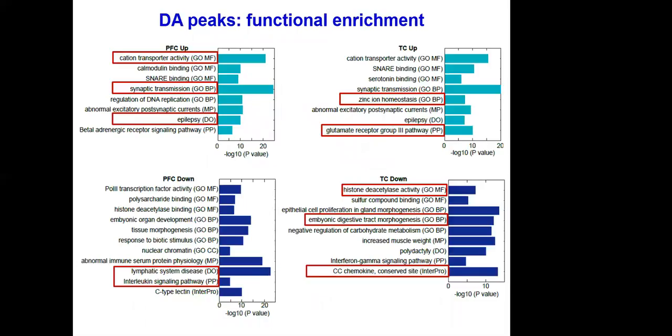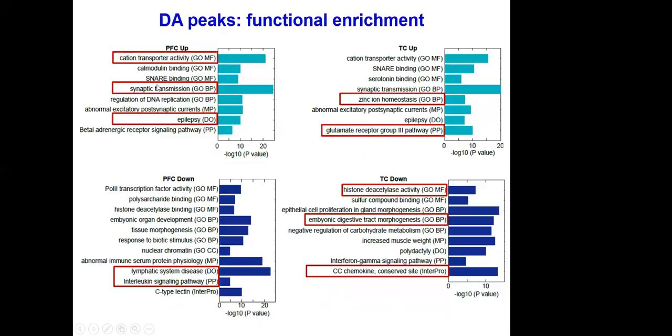And then we said, okay, now we believe our differential ChIP-seq peaks between autism and control. What are they telling us about the biology, right? What's different between autism and control in terms of gene ontology and so on? What this is saying, if you look at the upregulated genes, PFC up and TC up, are the loci that have higher acetylation in prefrontal cortex and temporal cortex of autistic individuals. And these are not too surprising. If you look at PFC up, you see